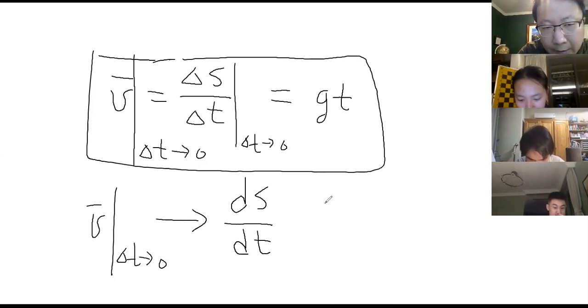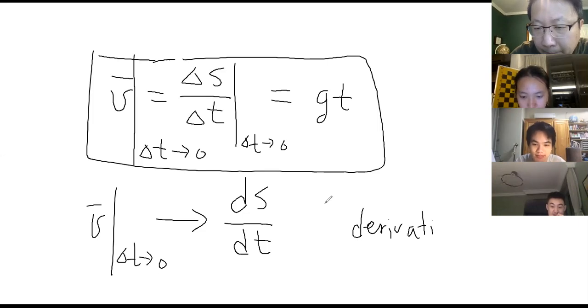Now I use the small d, the Greek form of delta. So this is the lowercase letter d, also called delta. The ds dt is basically called